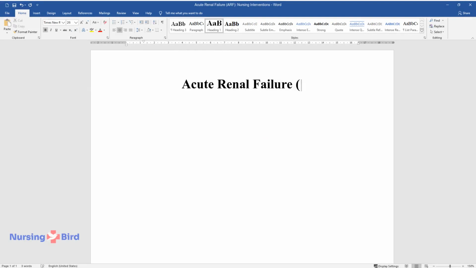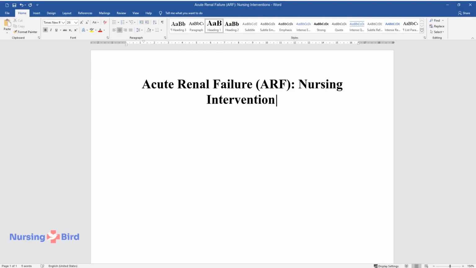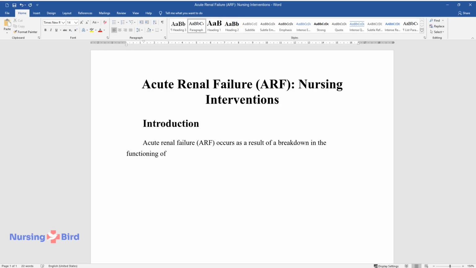Acute renal failure, ARF, nursing interventions. Introduction. Acute renal failure, ARF, occurs as a result of a breakdown in the functioning of the renal system due to